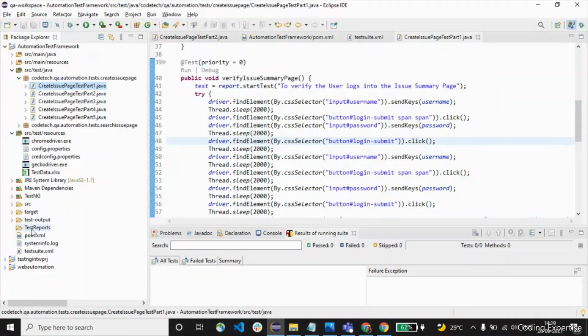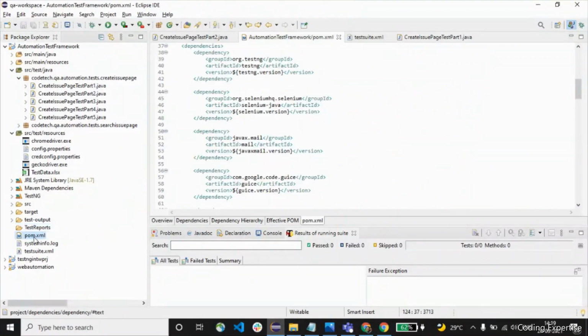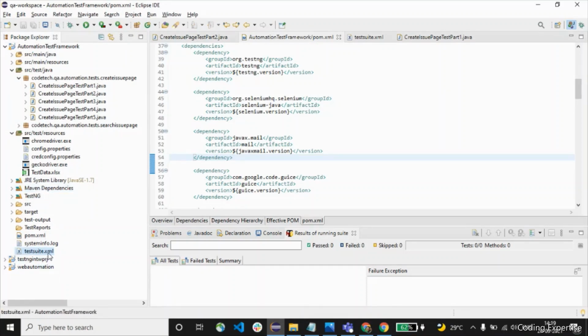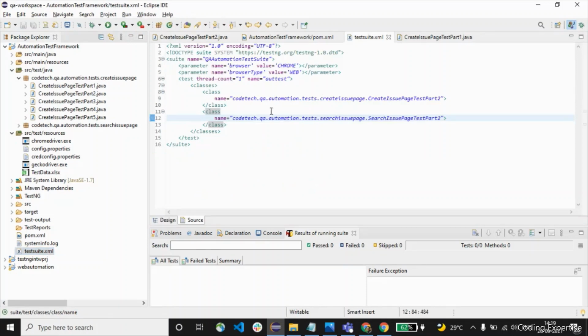We discussed about the test reports being generated with the help of external reports, and pom.xml files used to get the jar files downloaded inside Maven dependencies. And we triggered this particular test2.xml and we had executed the test. So we got the reports inside this particular test reports. And in today's video, we're going to see an interesting topic.